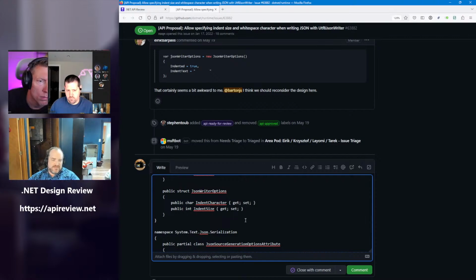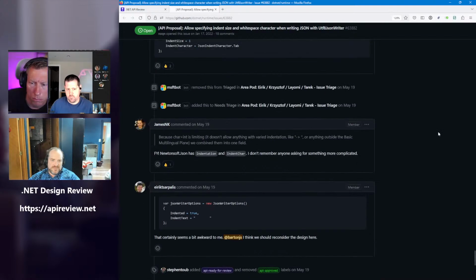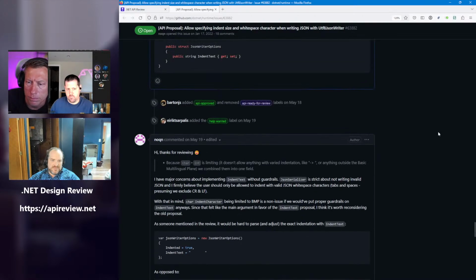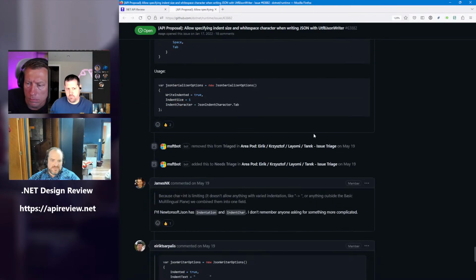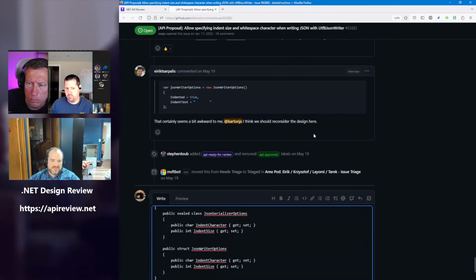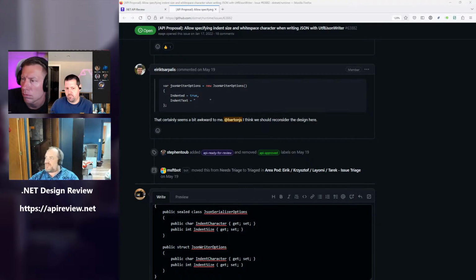Is size going to be a confusing term? I feel like size isn't the word we normally use. It's normally count or length, or explicitly character count. I'm checking the names of the corresponding APIs in JSON.NET for reference.